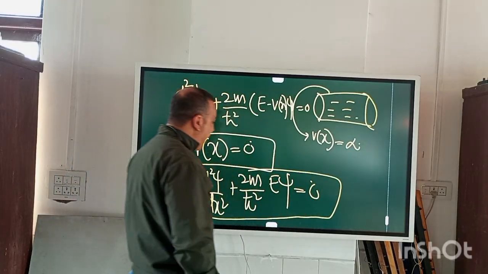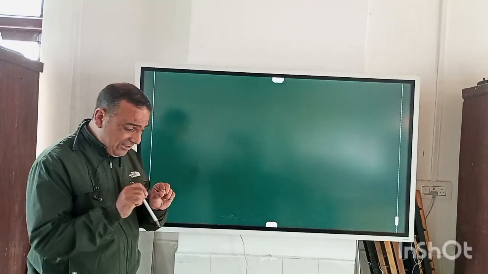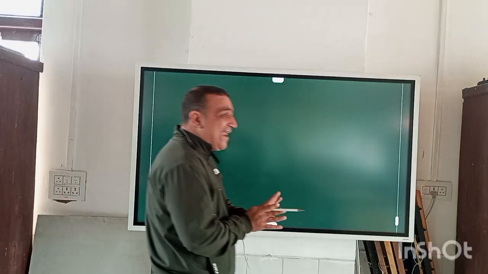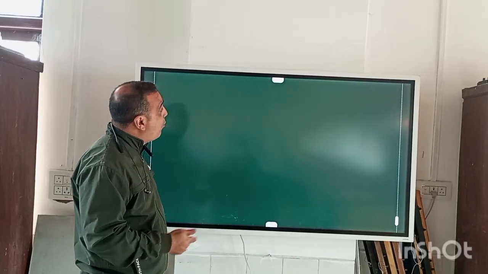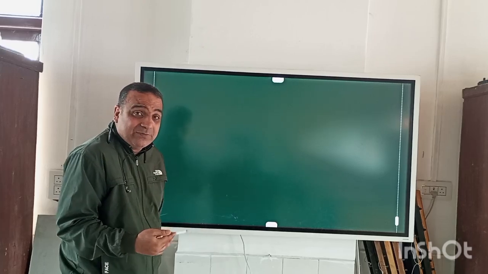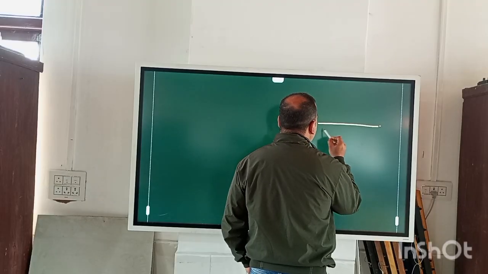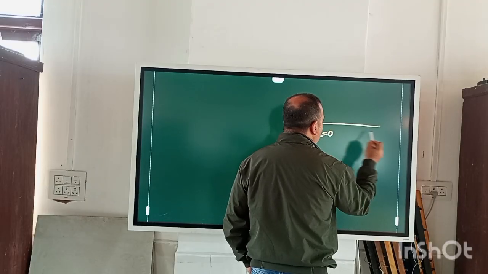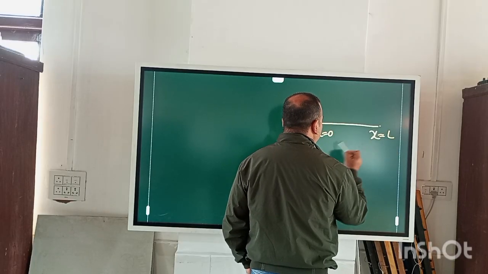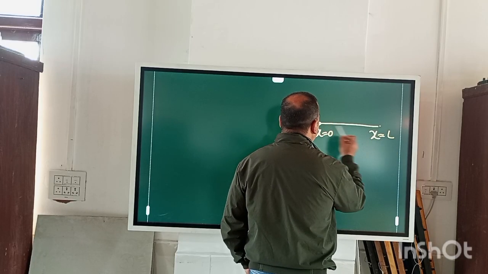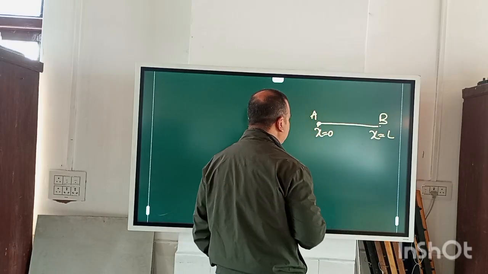We start with one electron in context, but then we have to extend this to a range of electrons, because you have to include the number density of the electrons. So you have a situation like this. You have x equal to 0, and x equal to L, and between A and B the potential is 0.